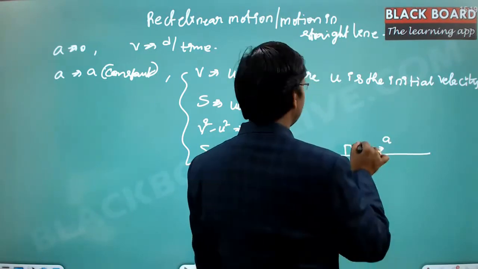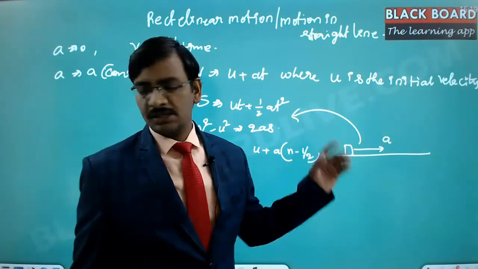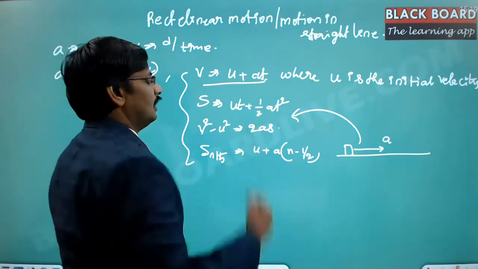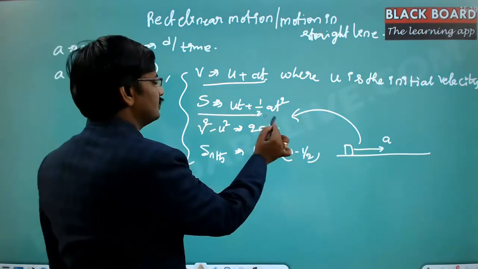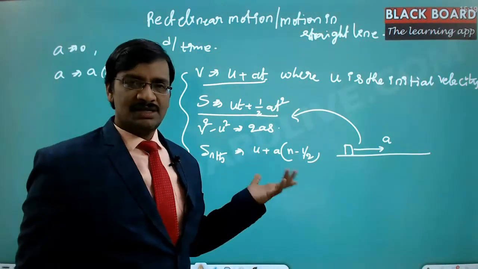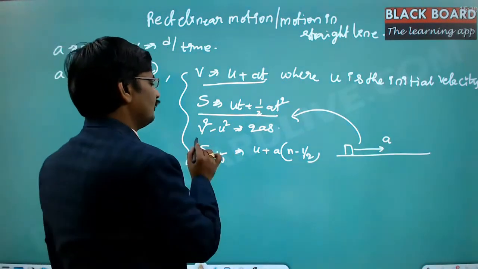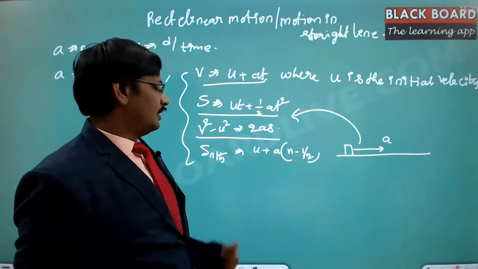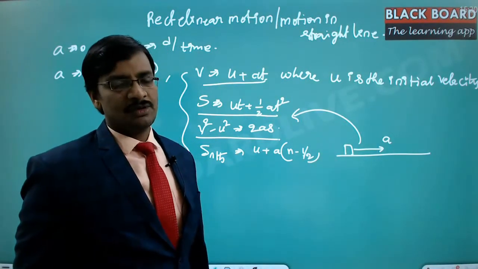Now in such cases, we can make use of all these formulas. If you want to find out the velocity at an instant of time, then you can use this one. And if you want to find out the displacement from the starting point for any particular time, this is the formula that we can make use of. And if you know the displacement that is traveled and you know the initial velocity, then we'll be able to know the final velocity from this. And the nth second displacement we can find out from this particular formula.